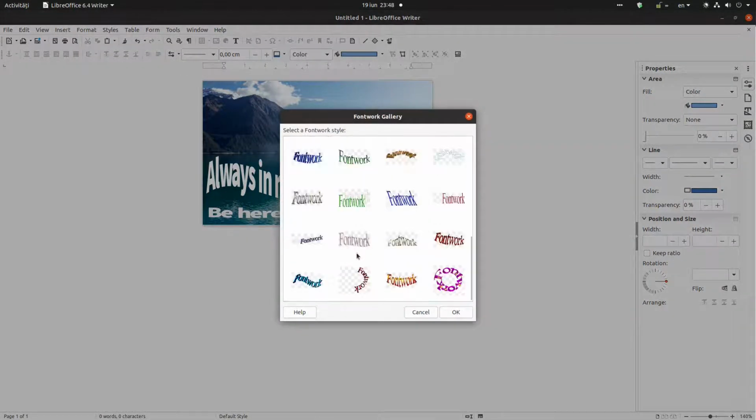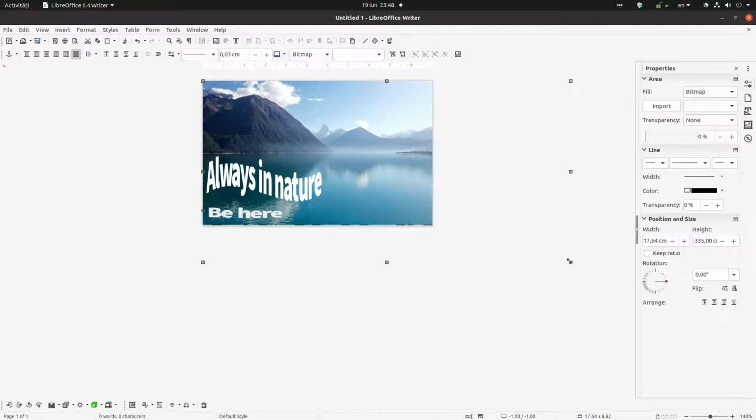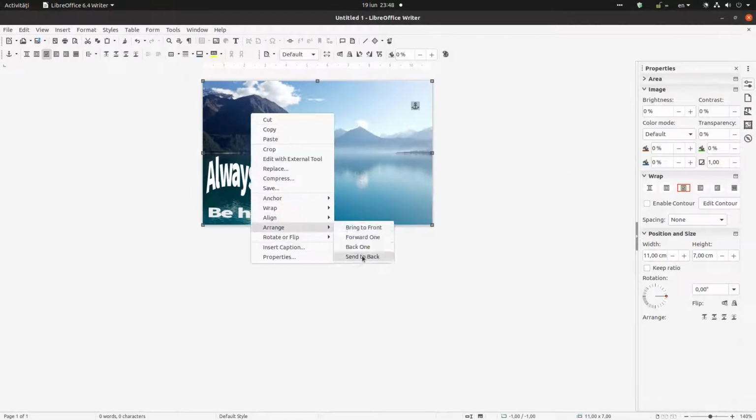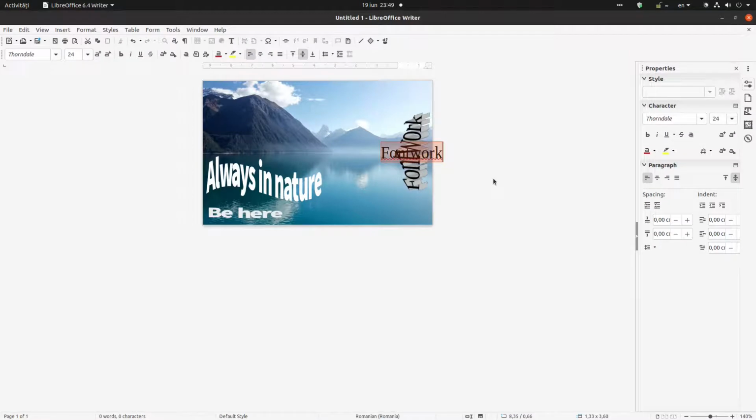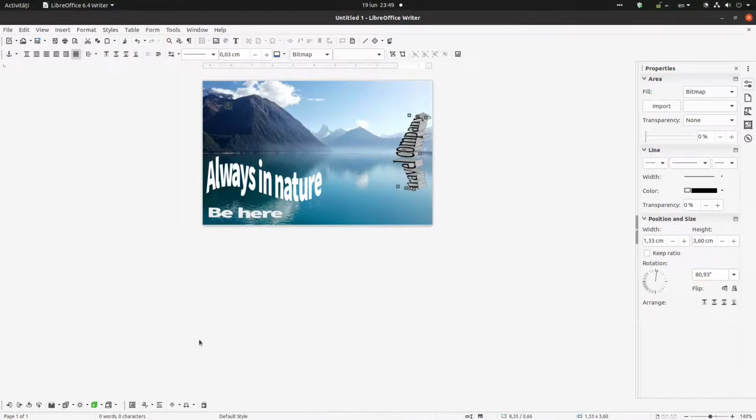So let's insert a new one. Let's insert this one. It's in the background, so let's arrange the main picture in the background, and now everything is in the front. Let's change the text to travel company, our company name. Let's change the shape, and